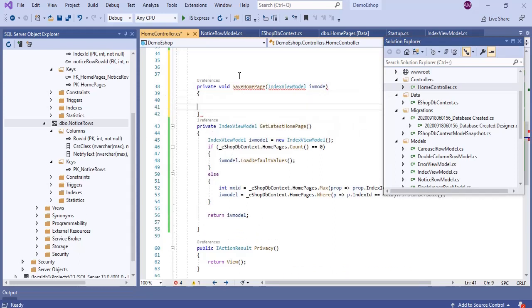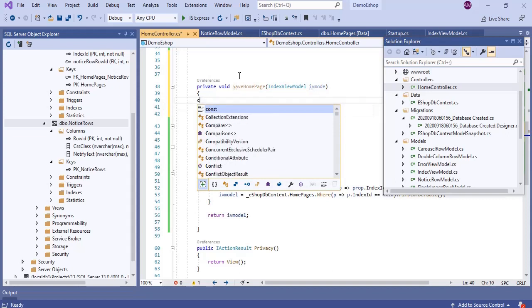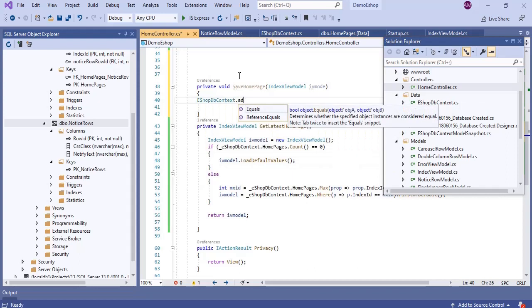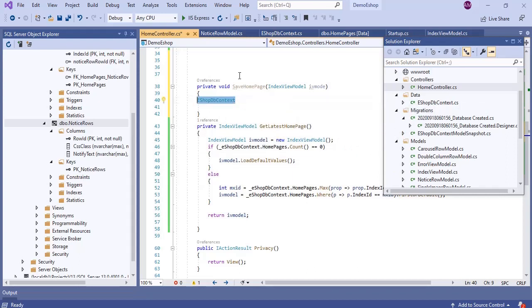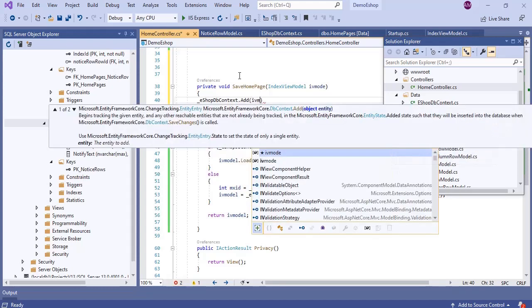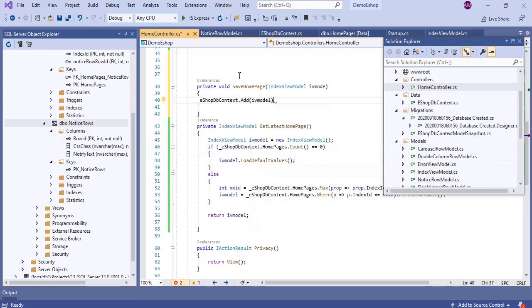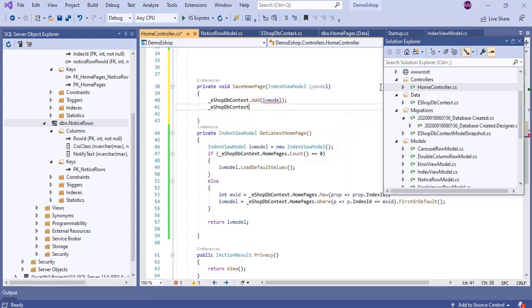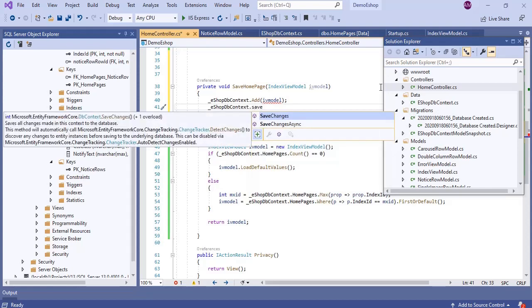Then here, eShop DB context dot add of IV model, and eShop DB context dot save changes.